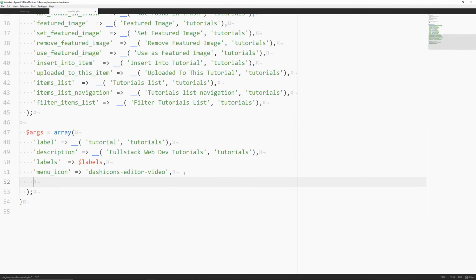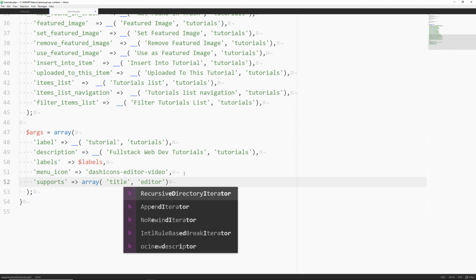And then supports. We're going to make this an array as well. We're going to say we want the title supported. We want the editor supported.